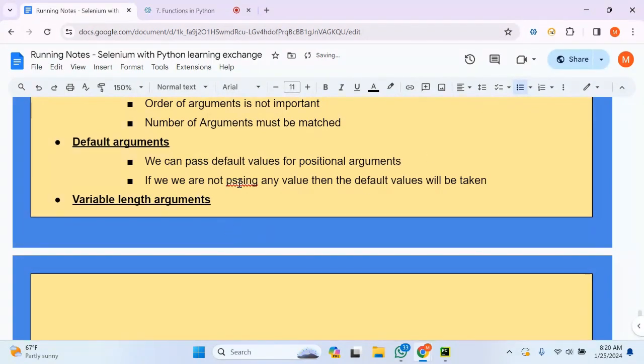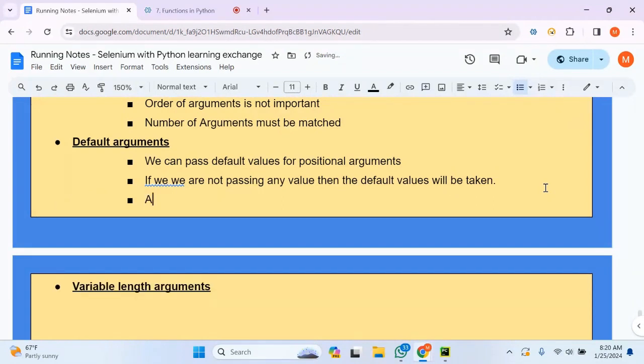So if you are not passing any value, then the default values will be considered. So another important point, you can expect this in interview. After default, try to listen to it carefully. After default,